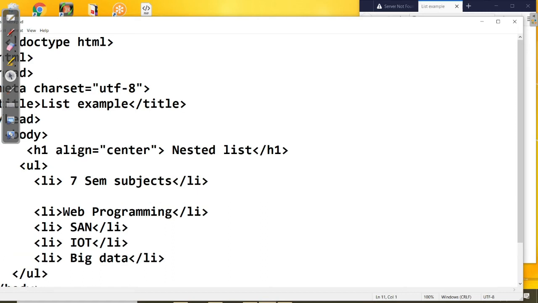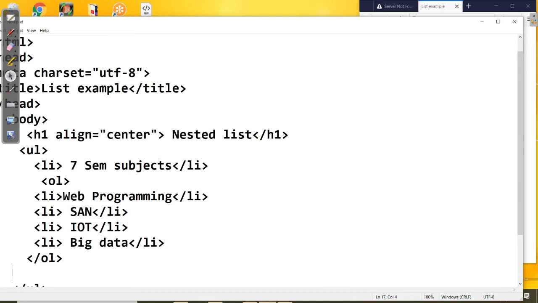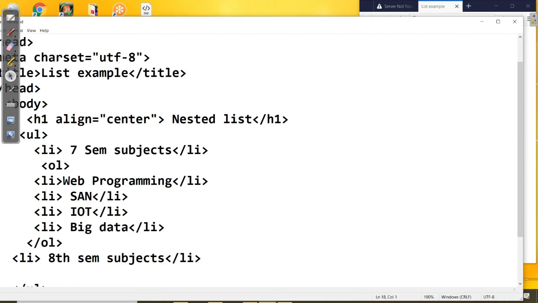Then after that I want again the subject names in the ordered list, so you can write ol, same again list item, suppose that these are the subjects for the 7 sem only, then you can close here /ol. Okay, again you want one more semester, suppose li, then again I'm writing 8 sem subjects, close the li. This is just an example I am telling for the next.